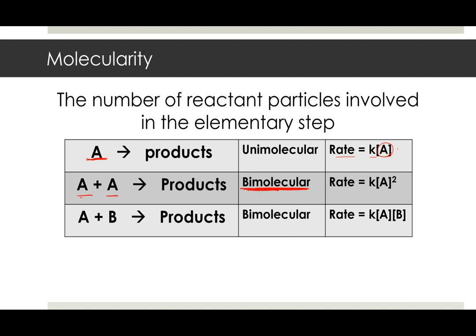But if we've got a bimolecular elementary step and it's A plus A, we can assume that would be second order. So we can put that squared up there. And then a bimolecular where they're different, so A plus B, we can assume at the elementary step level that those are each